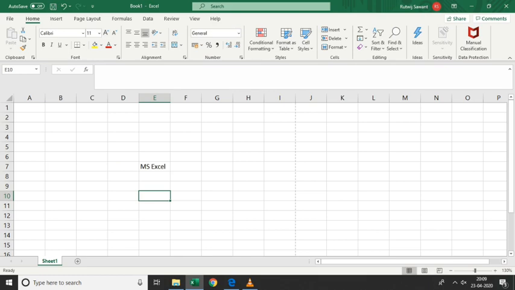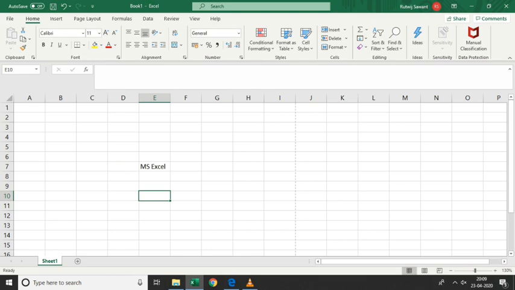In MS Excel, you have different sheets. As you can see over here, this is called Sheet1. In MS Excel 2013, by default you get only one sheet, but you can add as many sheets as you want.